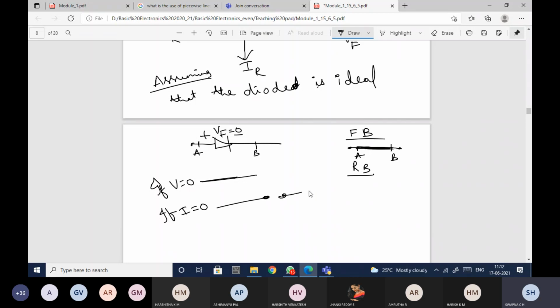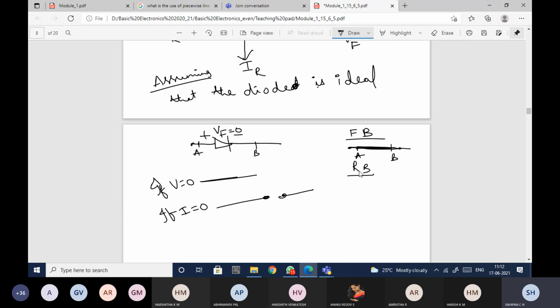Okay, open circuit, there won't be any current flow. You have already studied basic electrical, right? So you know very well about this. What happens when V is equal to 0? What is it when current I is equal to 0? So I need not go in depth here. The voltage drop across the device is 0, so I'm replacing it with a short circuit. Instead of this diode, I can replace it with a short circuit.